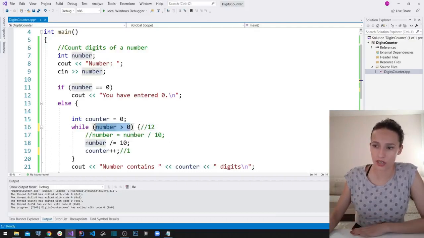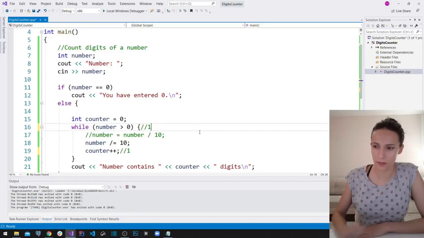So that is still greater than 0, so then our number comes here, and then does this line of code again. So it says again, please take away 1 digit from my number. So then it takes away this 2 part, and then it comes here. It says, now increase my counter because you have taken away 1 digit, and that is going to be 2 now. After that, our program comes here and then goes back here, checks whether our number, so whether our 1